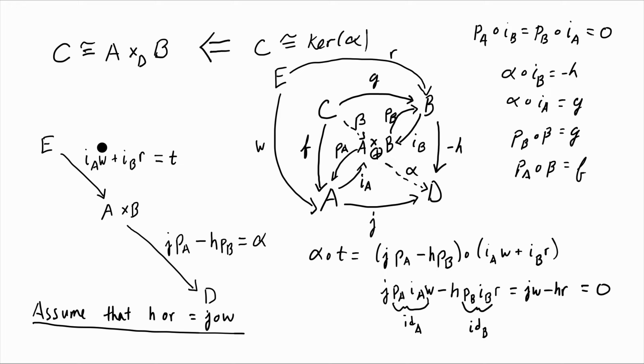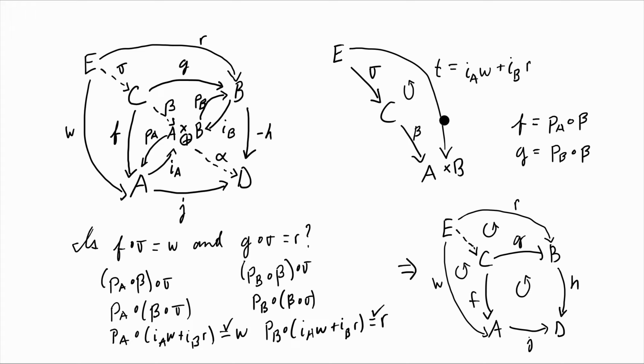So we have found a composition of two things that gives you 0, and using the universal property of the kernel, that implies that this map T will factor through the kernel. So T right here factors through the kernel C, because we're assuming that C is the kernel right now, and we get a map sigma. There exists a unique sigma that makes this work from the universal property of the kernel, so it's unique already. We're going to show that sigma, though,